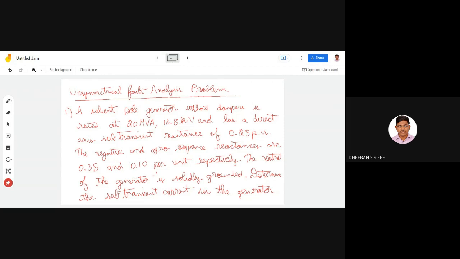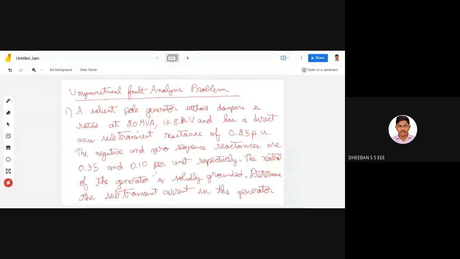The first primary thing is your fault current, or they might be mentioning it as subtransient current. We have already talked about the subtransient current in the previous unit, in unit 4 itself. And the secondary part, they might be asking with respect to your voltage. What happens to the voltage when the fault occurs? Mainly they will be sticking with your line to line voltage.